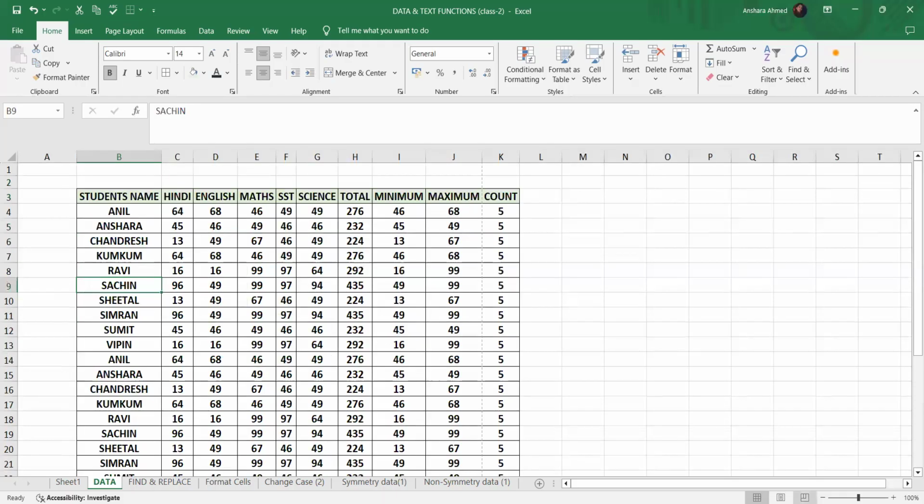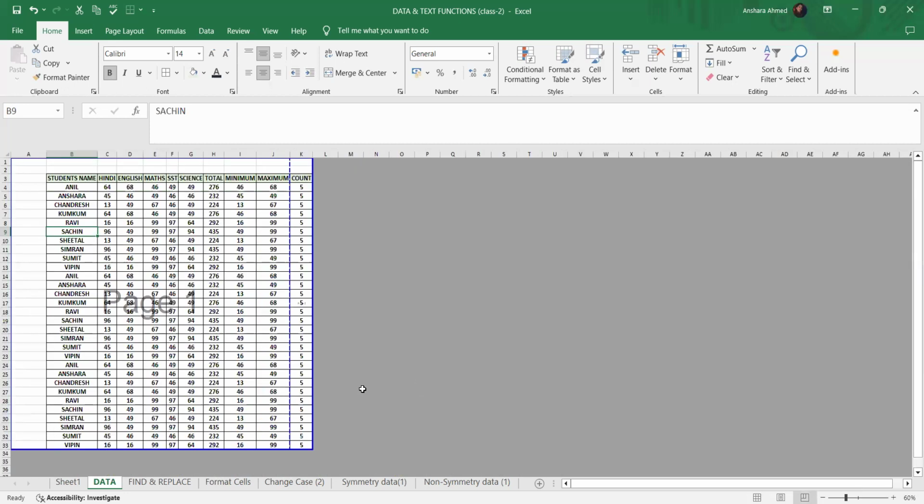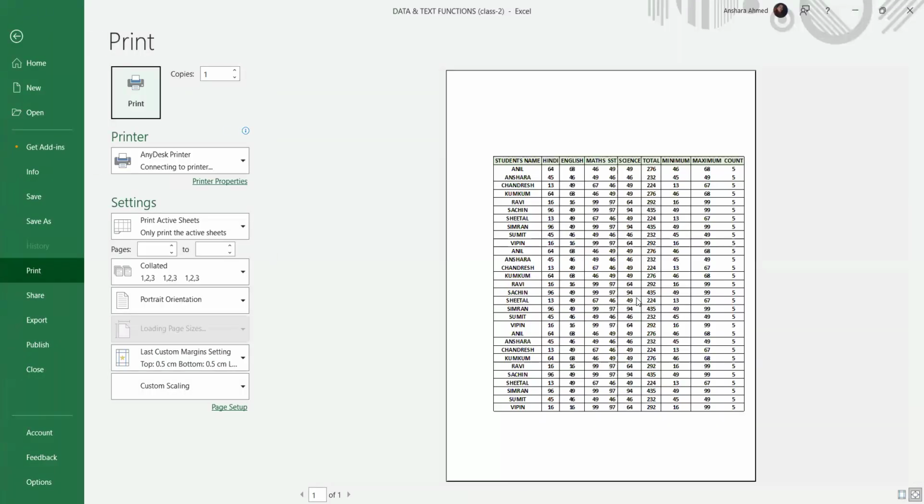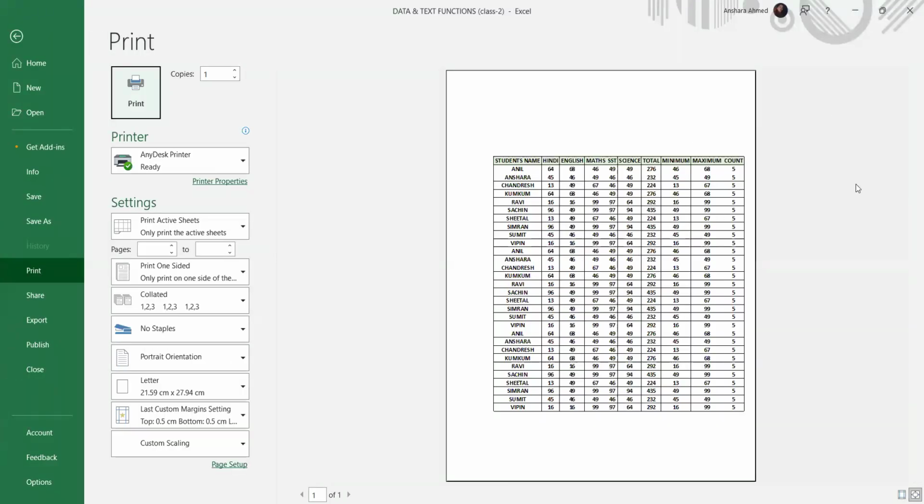simple: just go to page break preview. In page break preview, you can see this page 1, and here you can see the dotted line, which is the divider of the page. So I'll just drag this dotted line to the last, and here is my data in the first page. Now when I press Control P again,